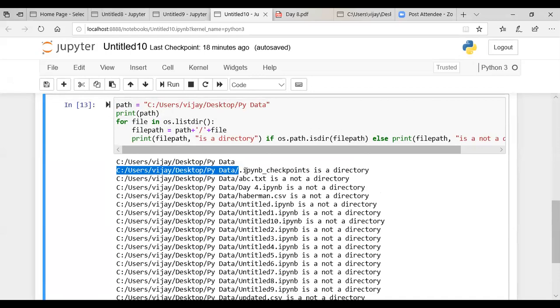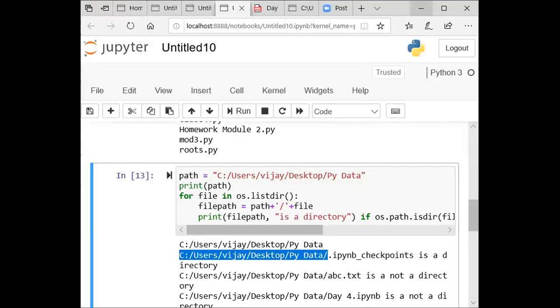So here you can see .ipynb_checkpoints. If you want, I can show you this also.